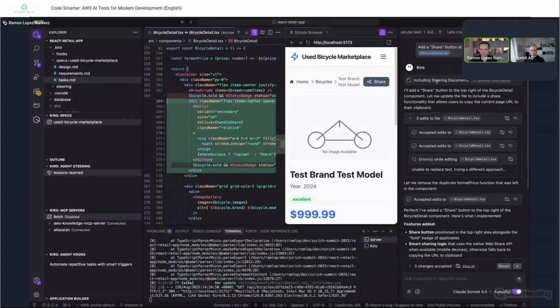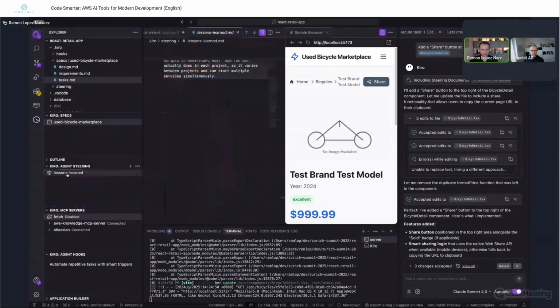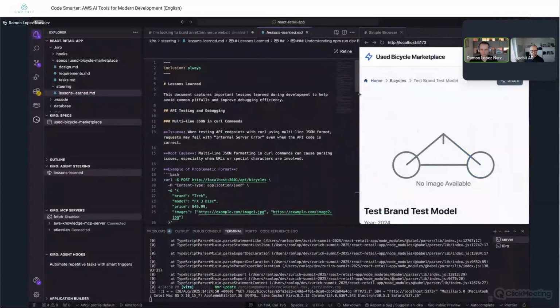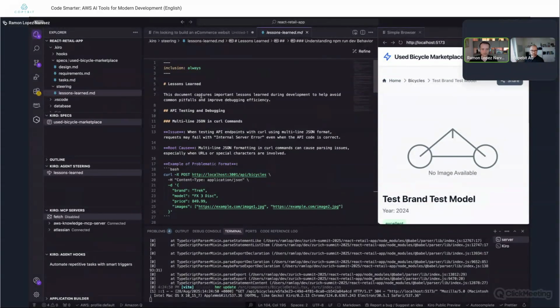Now, I mentioned these steering documents here at the top. You can also see them on the left-hand side where it says Kiro Agent Steering Lessons Learned. These are files that will always be part of the context of Kiro. And if I open the one that I have here, let me close this, make a bit of space.